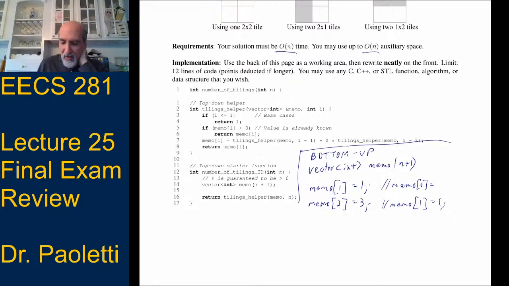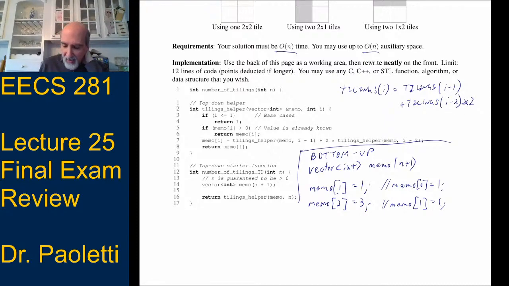How many ways are there to tile a board of size 0? There's one way to do it, and that's to pick nothing. Now, if you look at this and look at our equation, the tilings for size i is equal to tilings of size i minus 1 plus tilings of size i minus 2 times 2.